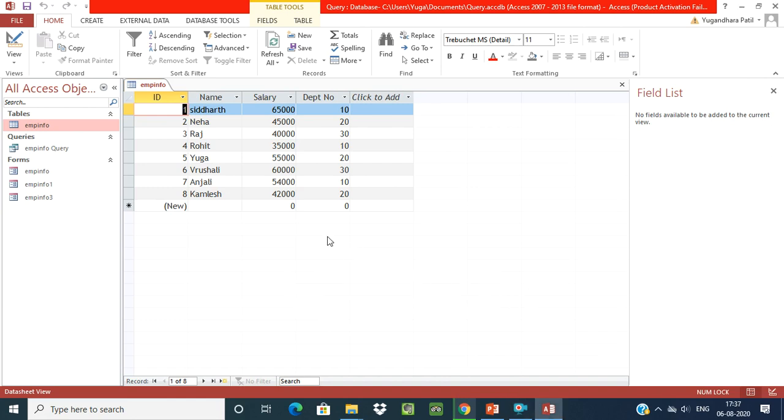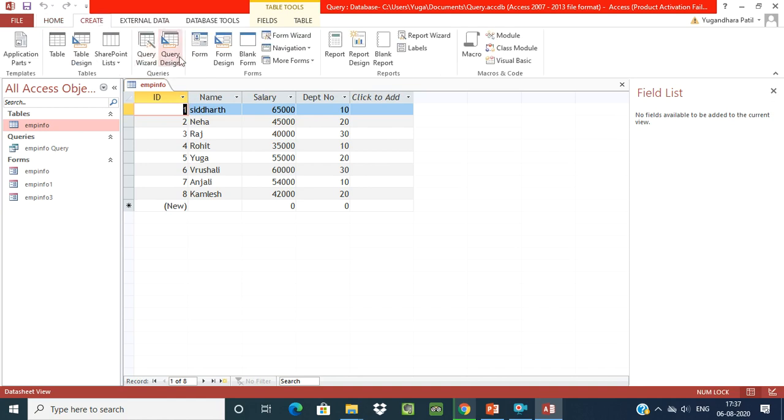Now in the last video you saw how to create a query. We go to the Create tab and select query wizard and query design. Now you have to create a report. In the Reports group, there is an option Report and another, Report Wizard. First you create a report by the report command, and the second is by the report wizard. These two ways are there. First you have to select one table here. After that, click on Report for the simple report command.